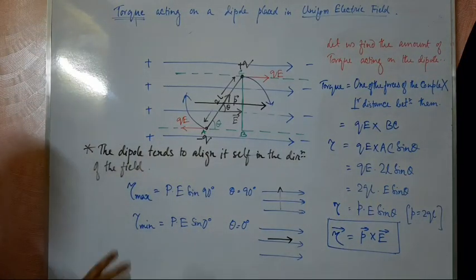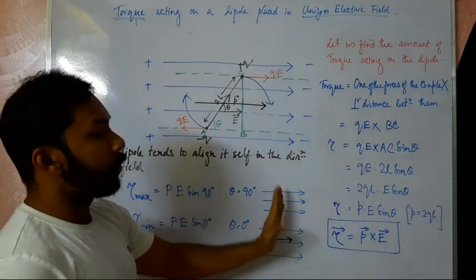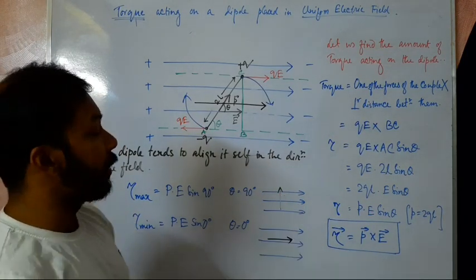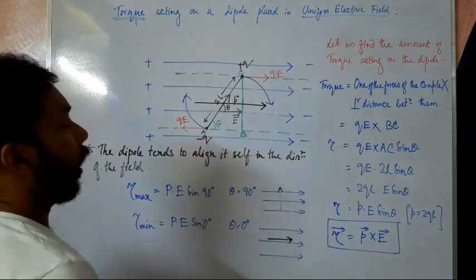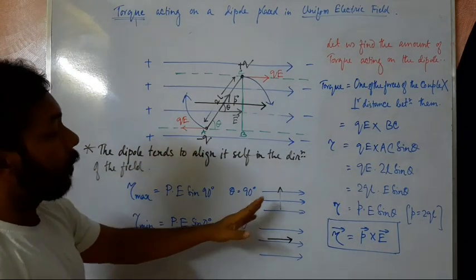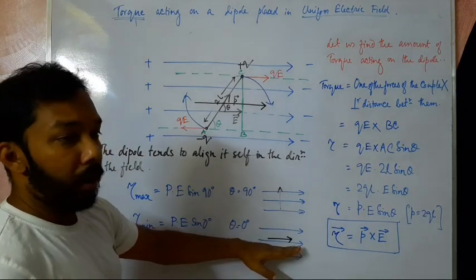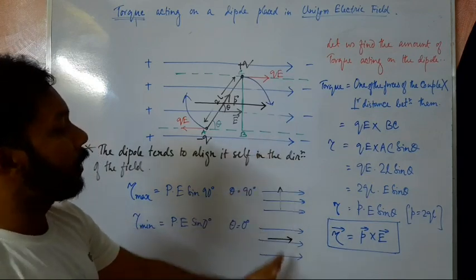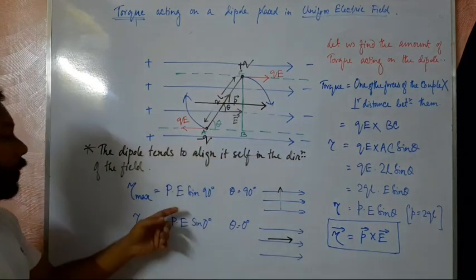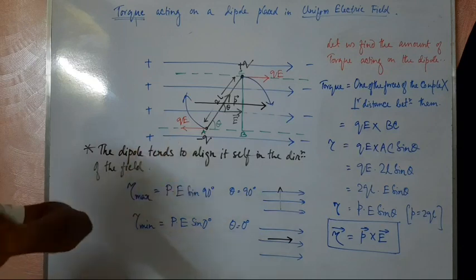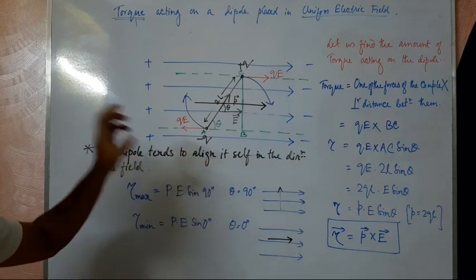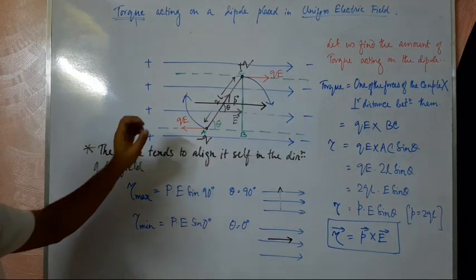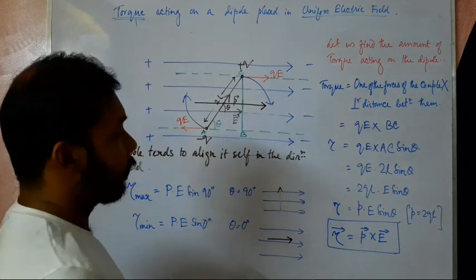So what we can see here is that the perpendicular position is the maximum torque position, but it is not the maximum potential energy position. The maximum potential energy position is anti-parallel to the field. The parallel position is the minimum potential energy position because it is the equilibrium position, and there the torque is also minimum. The standard position is perpendicular to the field. It will experience the maximum torque right there, and it will not experience any force to have translational motion. So this is all about when you put a dipole inside a uniform electric field.